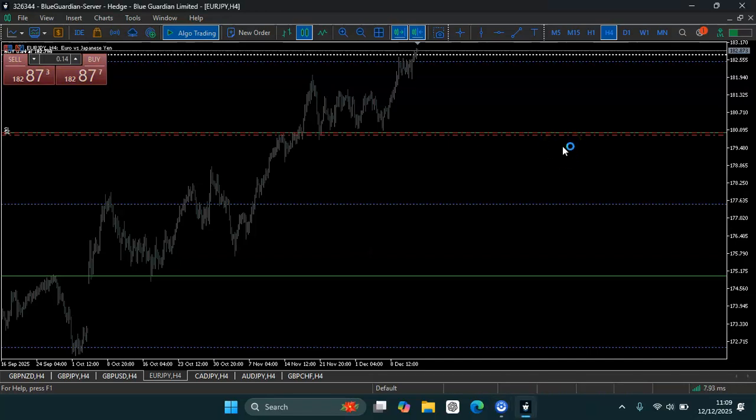It's the Euro JPY. I'm in an open trade that opened this morning, and I'm using my round number strategy. I say mine because it's what I use, but obviously I didn't invent this. It's as old as the hills. But basically what happens is